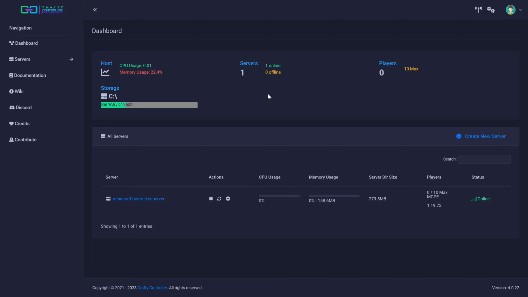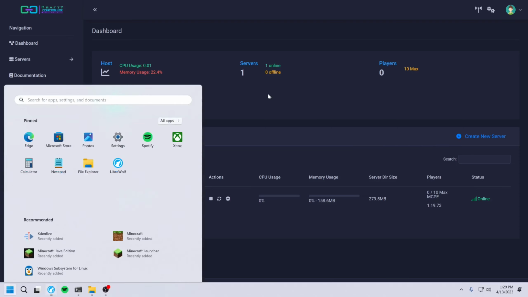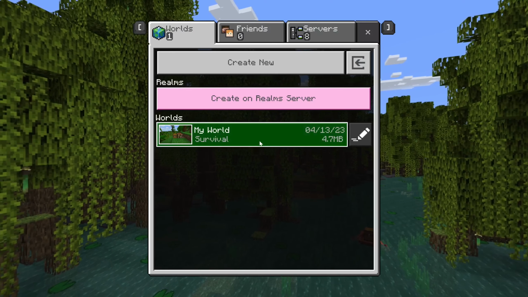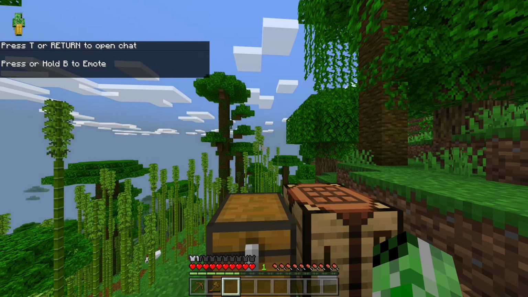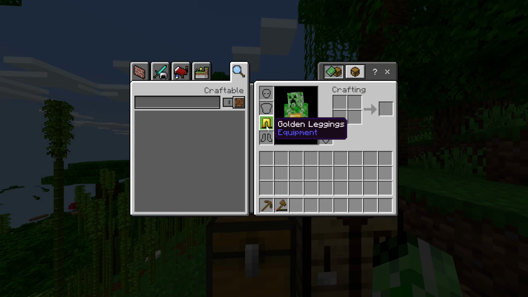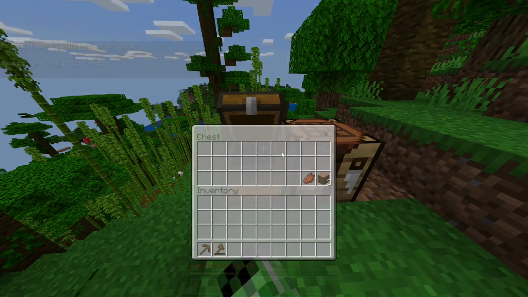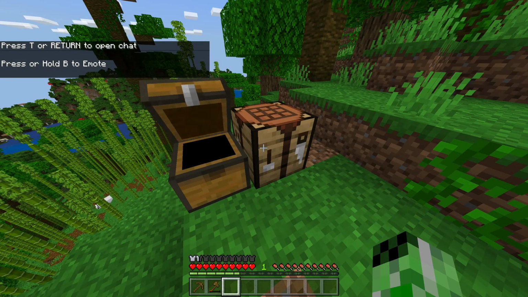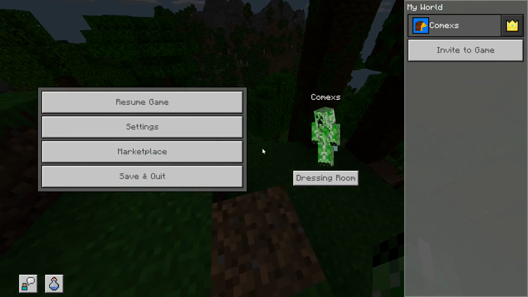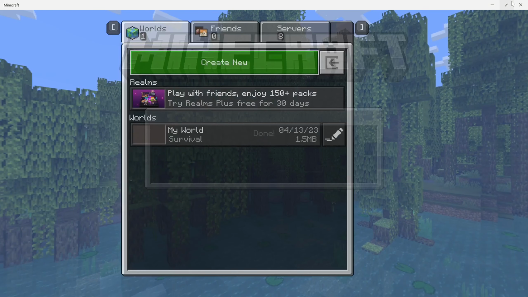This is how to import an existing world into Crafty Control. So the first thing we're going to do is move all our items first. So you're going to want to open up Minecraft, and then you're going to want to go into your world. As you see, I have 1 experience, and I'm currently wearing golden leggings. And I have these items inside this chest, and this chest and this crafting table on top of this mountain. If I leave and save it,